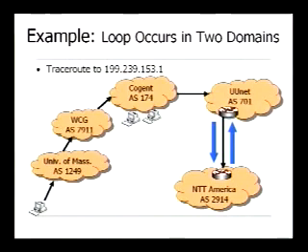And the second example is that the forwarding loop happens within 2 domains. And you see from the traceroute that the forwarding loop happens between UUNet and NDT America. We also verified from the DNS names of these 2 routers, and it looks like a misconfiguration on one boundary router in these ISPs.